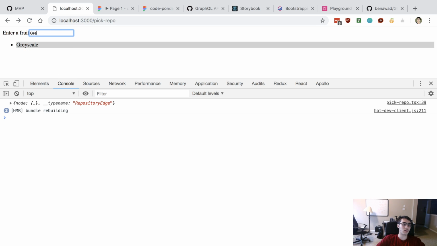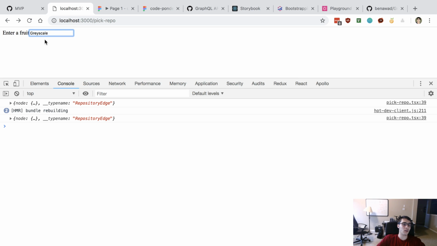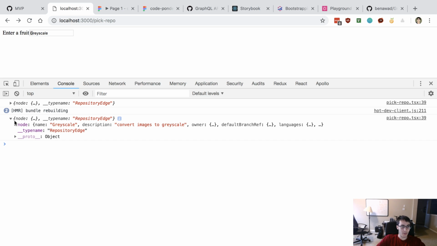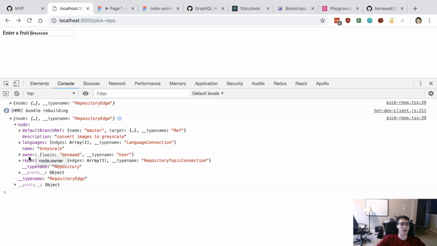Looks like capitals matter. We should make it so it doesn't matter if you say lowercase or uppercase.